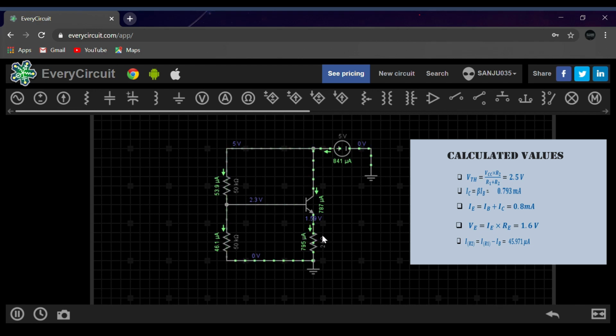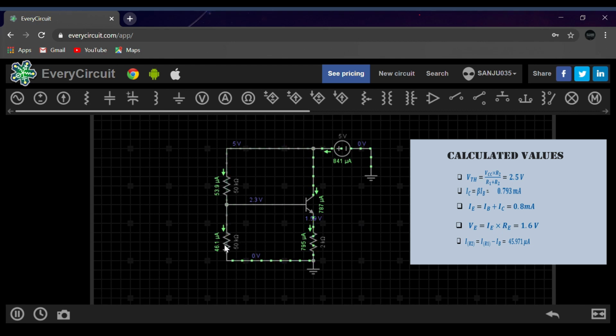Now let us see the VE value. The VE value is given as 1.59 volts. The calculated value shows 1.6 volts, and hence we have proved that our calculated value is correct. Now let us check the current across R2.